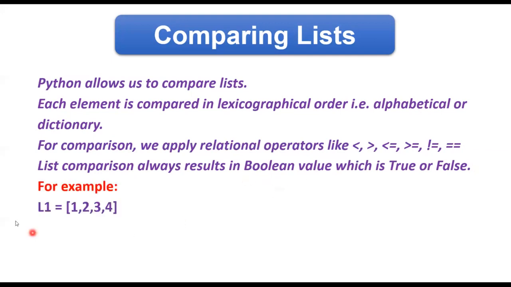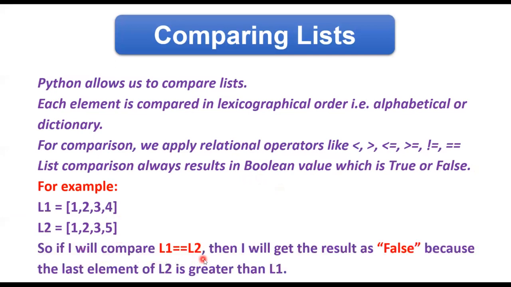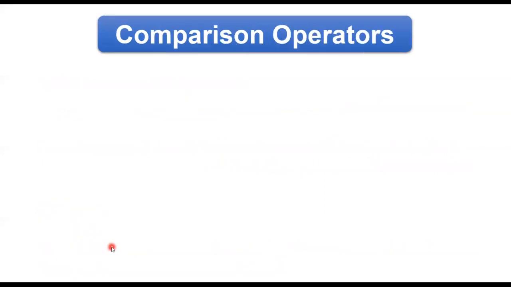For example, if I say L1 is containing 4 elements and L2 is also containing 4 elements, and if I check the equality of both the lists, then I am getting the result as false. Now, why am I getting false? Because although both the lists are containing 4 elements, the elements are not equal to each other. If we compare 1, 2 and 3, these 3 elements in both the lists are equal. But if we come to the fourth element, then L1 is containing 4 and L2 is containing 5. And these two elements are not equal.